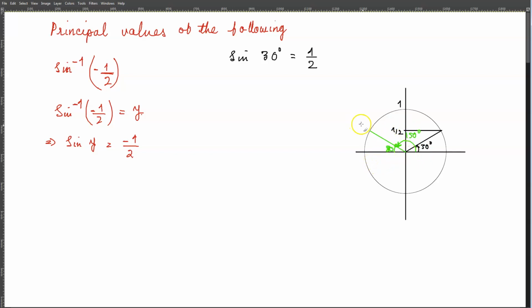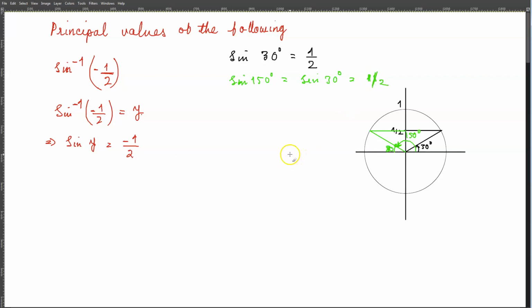And the sine of that angle is going to be exactly the same value. So I can say that the sine of 150 degrees is also equal to the sine of 30 degrees, which is equal to 1/2,